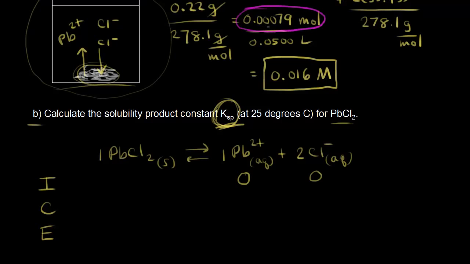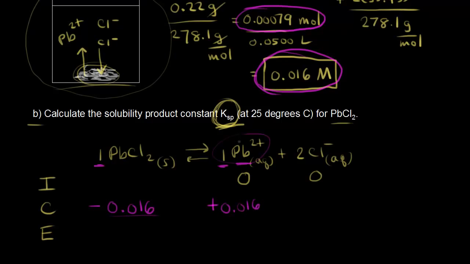0.00079 moles of lead 2 chloride dissolved in our water, and our molar solubility was therefore 0.016 molar. So that's the concentration of lead 2 chloride that we're going to lose here. So we're going to lose 0.016 molar concentration of lead 2 chloride. And we're going to assume that all of the lead 2 chloride that dissolves dissociates completely into ions. So for every 1 mole of lead 2 chloride that dissolves, we get 1 mole of lead 2 plus ions in solution. So if we're losing 0.016 for the concentration of lead 2 chloride, we're gaining 0.016 for the concentration